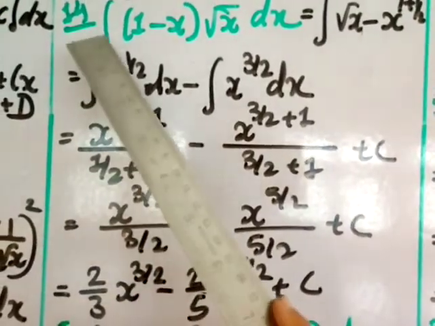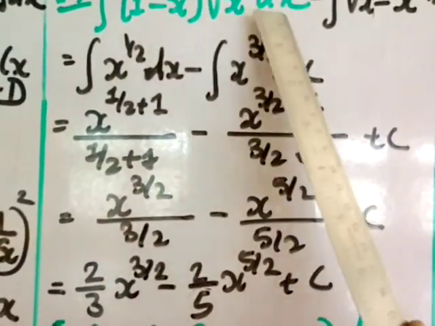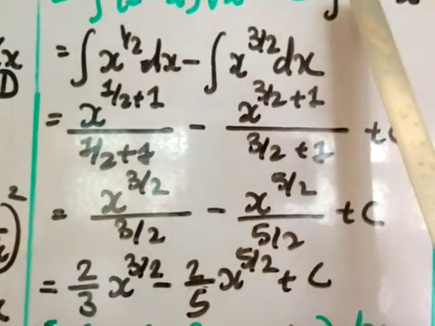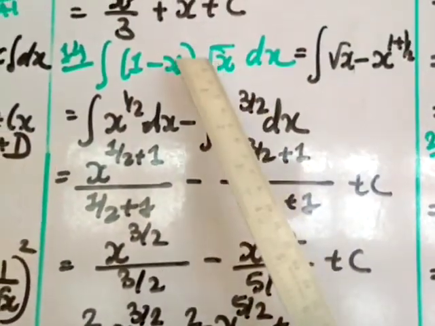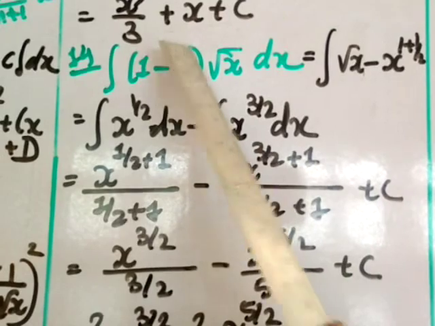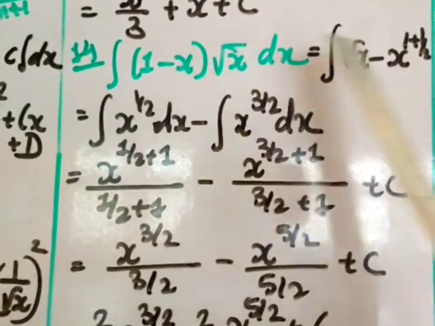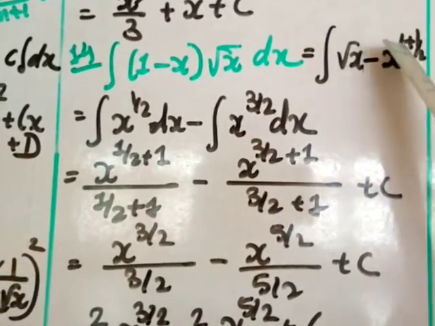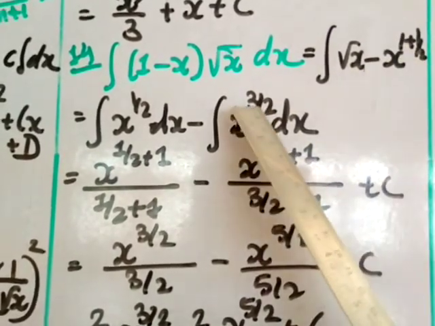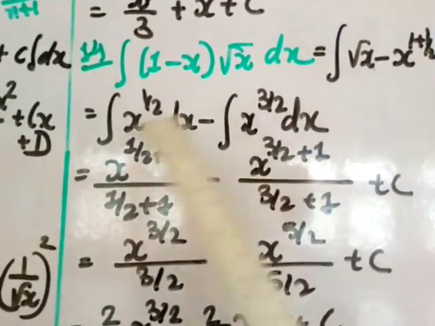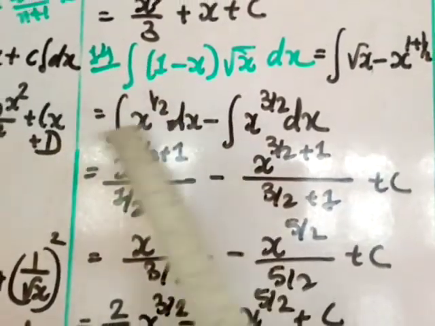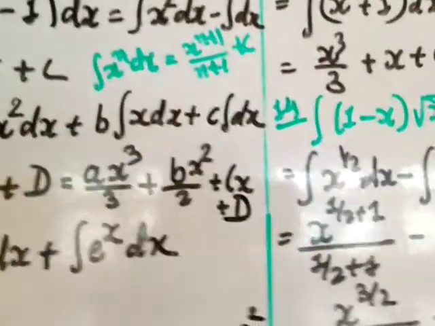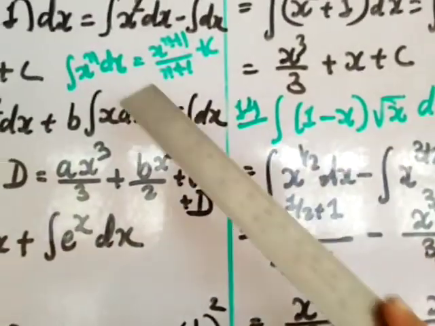Question number 14. Integral 1 minus x root x dx. So I will multiply inside. So root x into 1 is root x minus, this is x and x means power 1, and this root x means x power 1 by 2. So I add up 1 plus 1 by 2. Take LCM 2 plus 1, so 3 by 2 power, and here root x means x power 1 by 2 dx. Use the same formula, x power n formula. So x power n plus 1 divided by n plus 1.